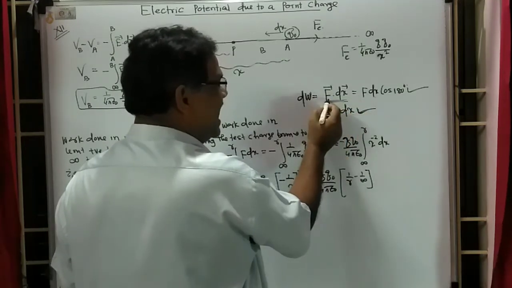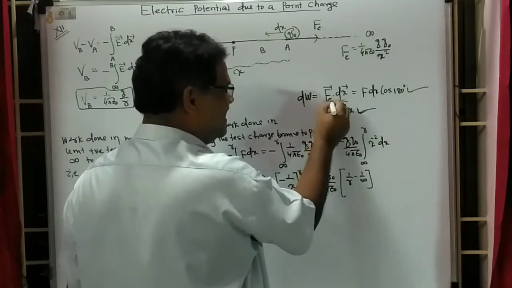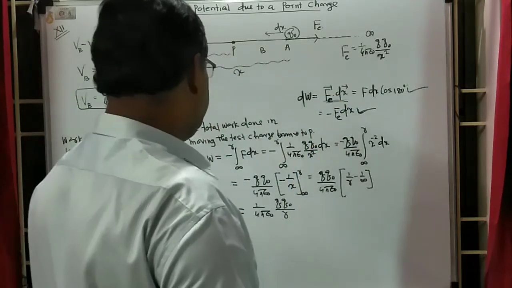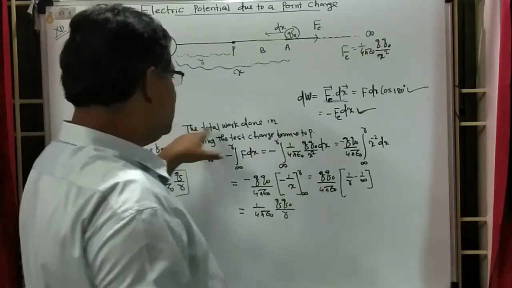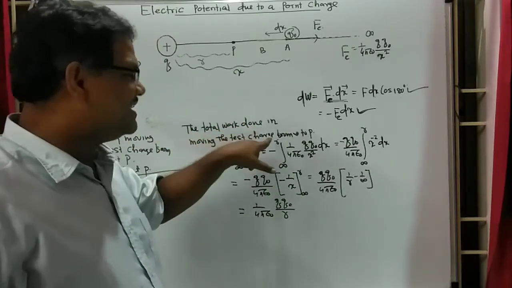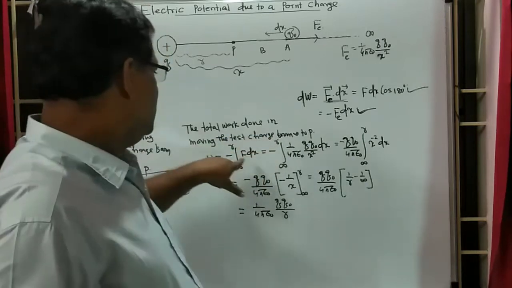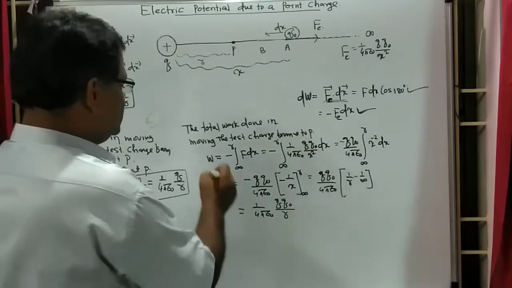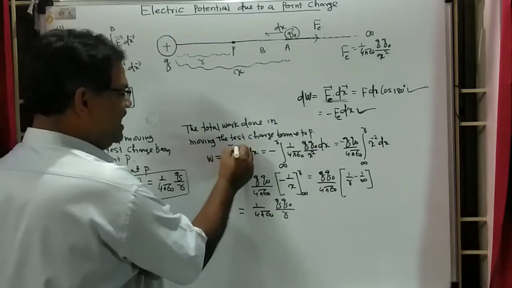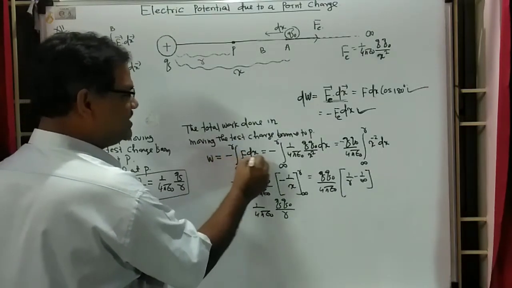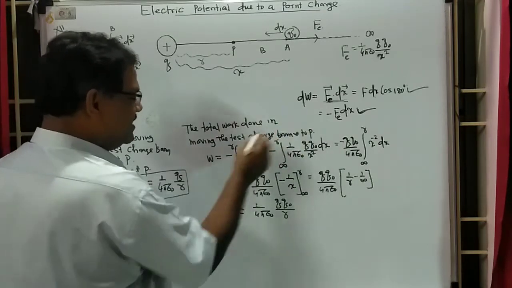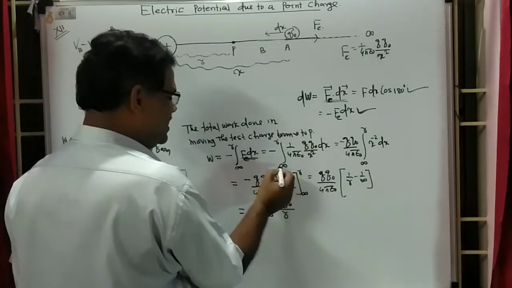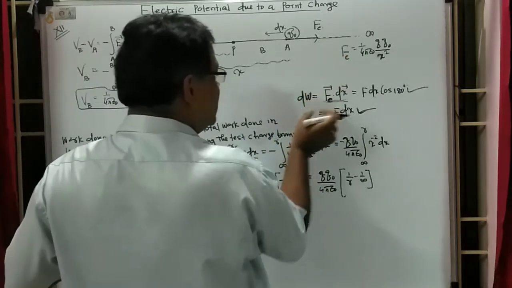And this F, we have already taken as Fe dx. So what will be this formula? What will be the total work done in bringing the test charge from infinity to point P? The total work done, W, will be equal to the integration of F dx, the Fe dx, and the minus sign is taken outside. This is equal to minus, from infinity to R,